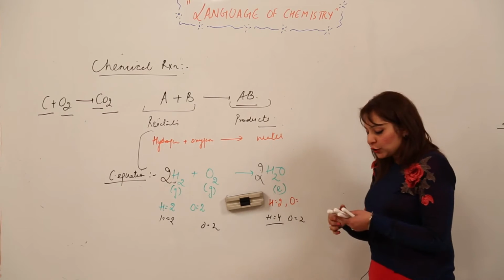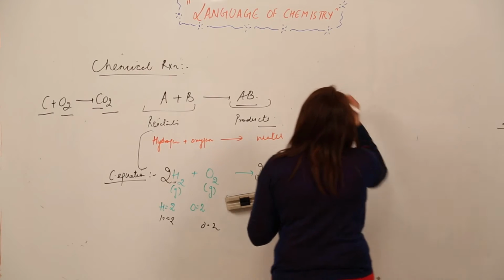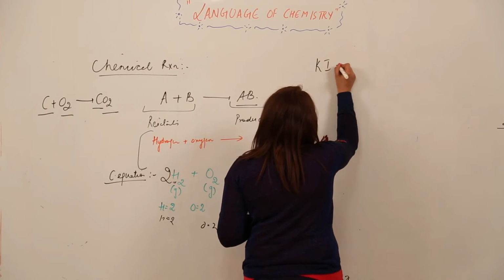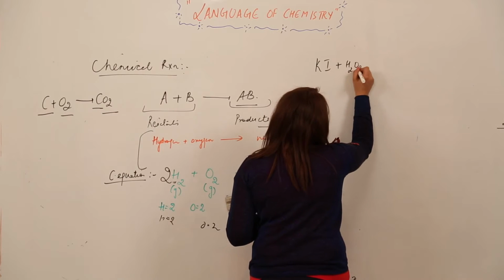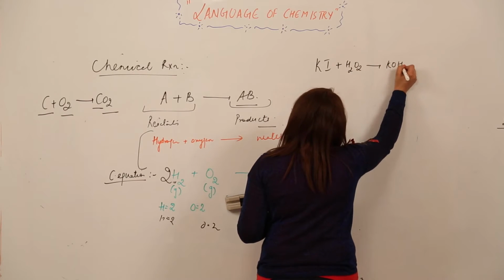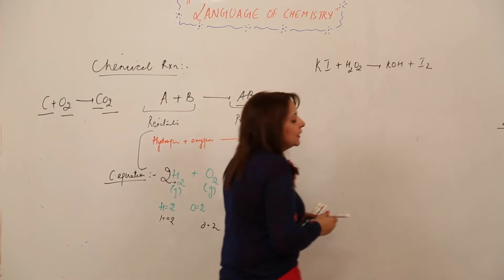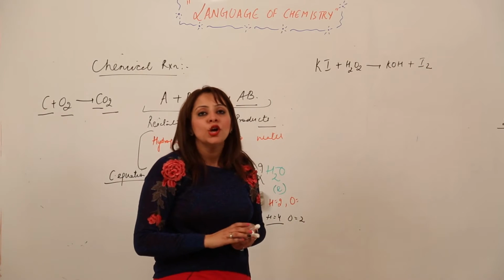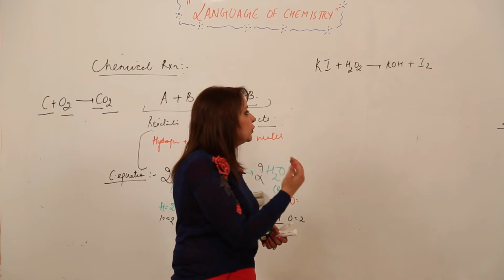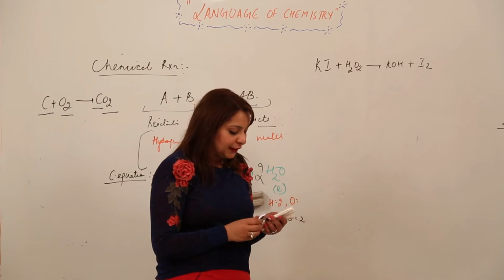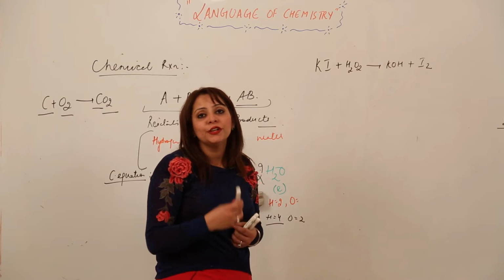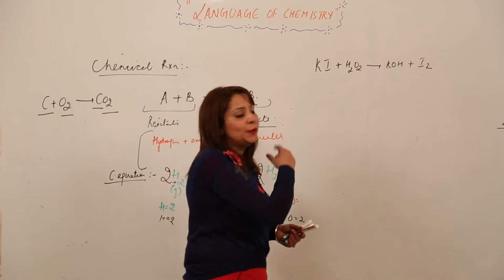we add them, right. The example I am taking for you is a reaction where potassium iodide and hydrogen peroxide combine to form potassium hydroxide with iodine. How can you balance it by using the partial equation method? When we want to do it by the partial equation method, we need to split the reaction into different steps, right. Like I am splitting it, right.